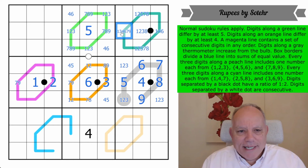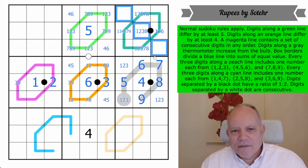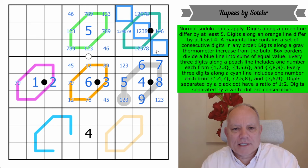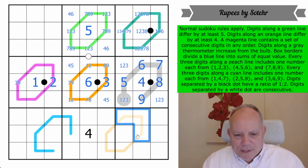Now I've been led into fully pencil marking something that I didn't want to have to. Okay, maybe we can learn from that experience down here. Maybe we can't. No, let's... These must be 1 each of the digits from... That's weird. It's true, though. They must be 1 each of the 147, 258, 369 set, because 2 each are getting used up on the green line in this box. And that relationship isn't going to prevail down here where this does something else. Right, I'm sorry. These digits...